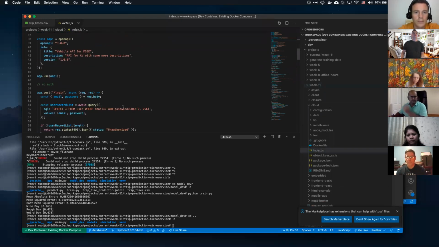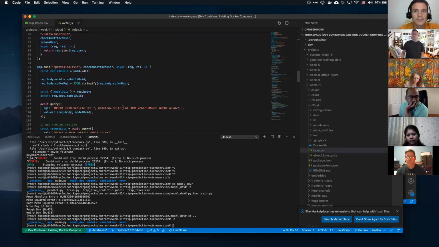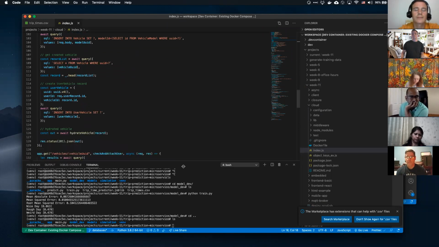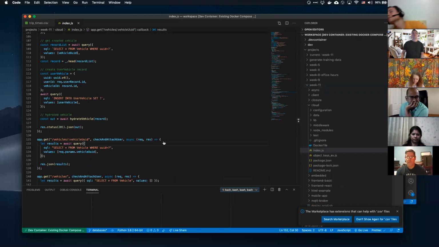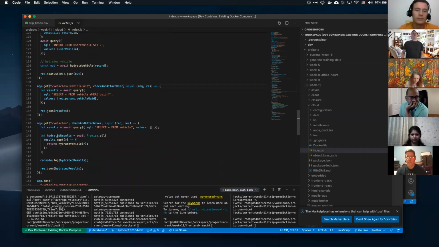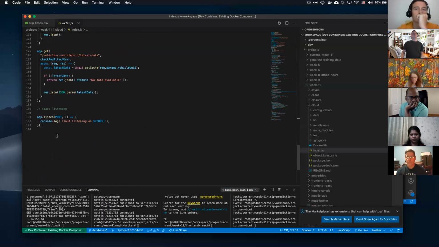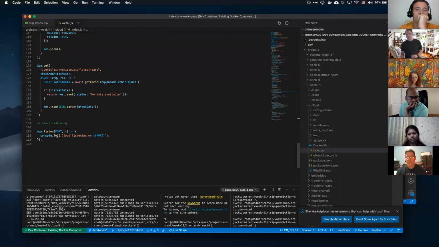I'll give you an example of that. Here's our index.js, right? This is our cloud. You should be pretty familiar with this by now. Okay, so we've got all of that, and we could just create a whole new route that's predicted, and do all the stuff in there. Now that's pretty limiting. Why is that limiting? Anybody?